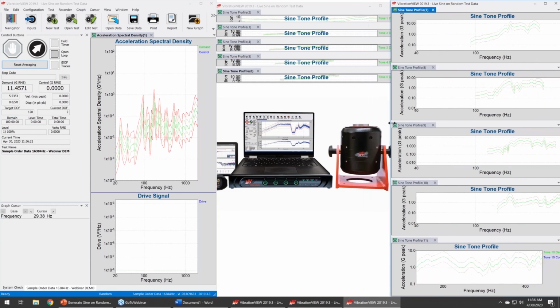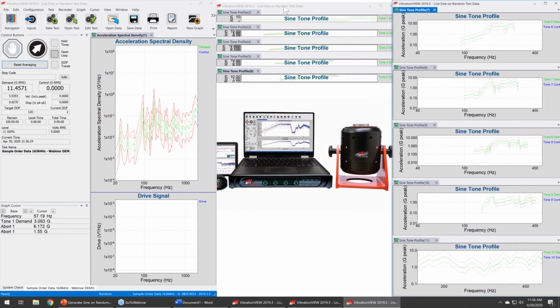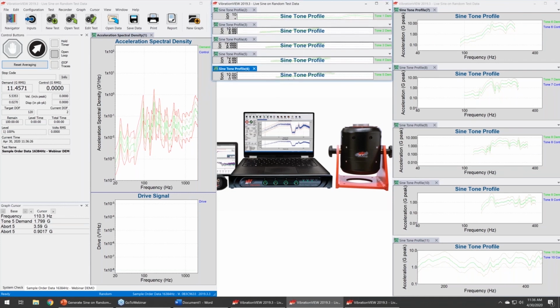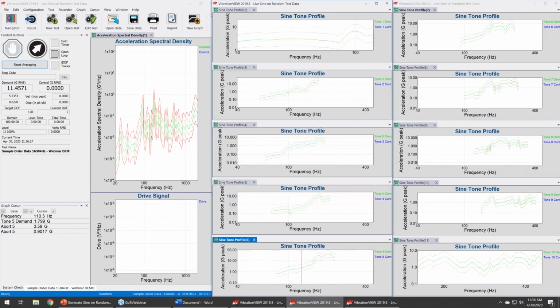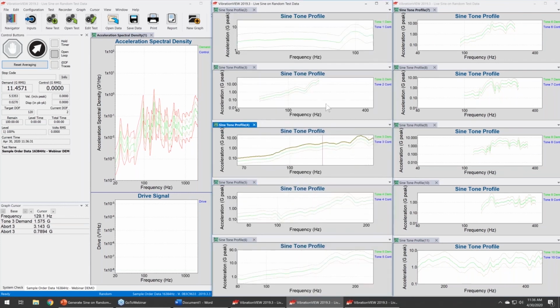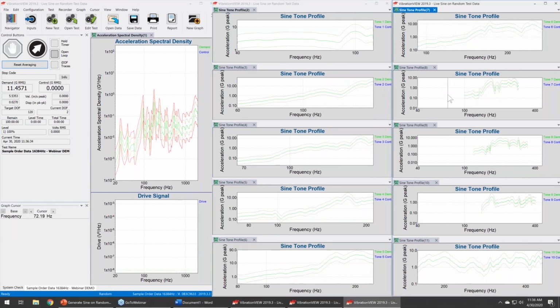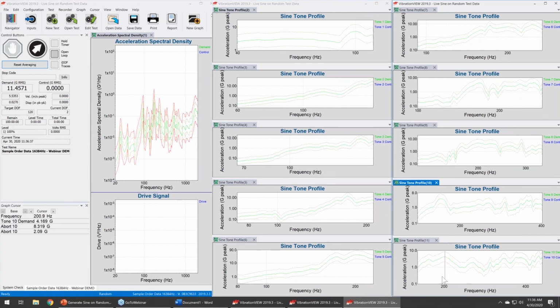There we go. And we'll stick this one here. So now I have my 10 Sine-on-Random tones that are all completely different. You can see that they're all appropriate. And if I hit start,